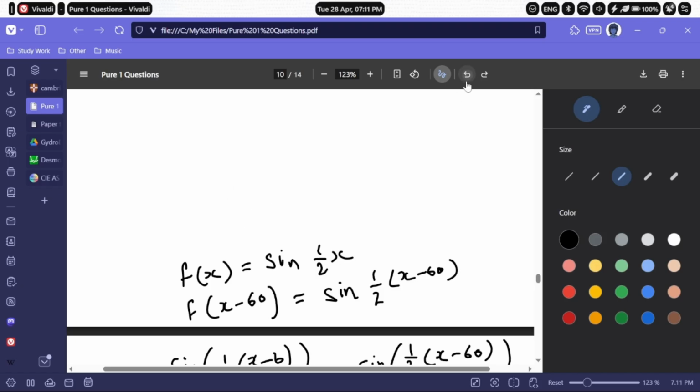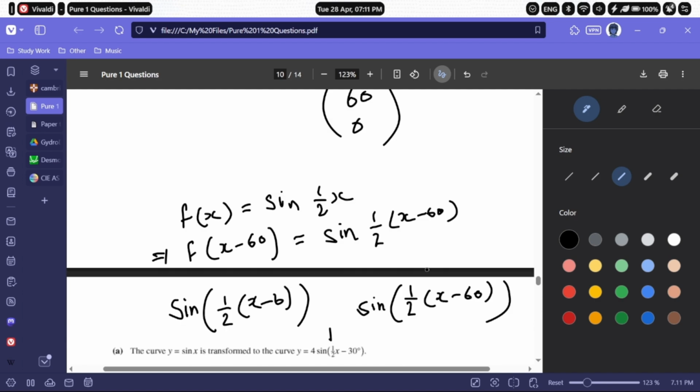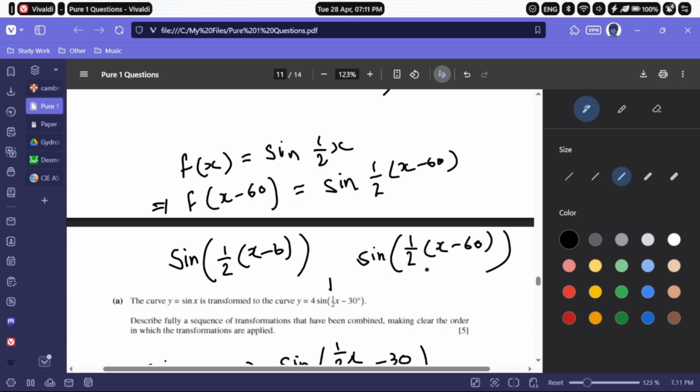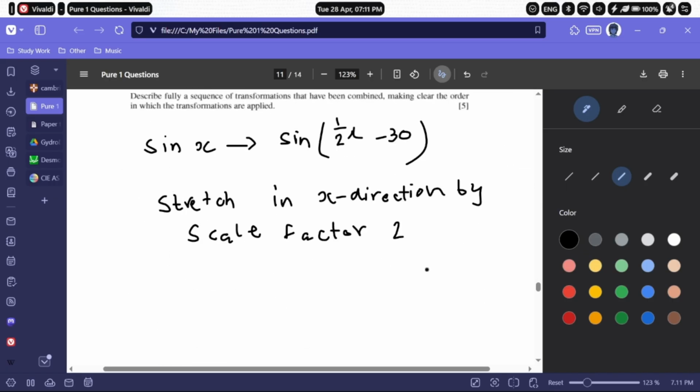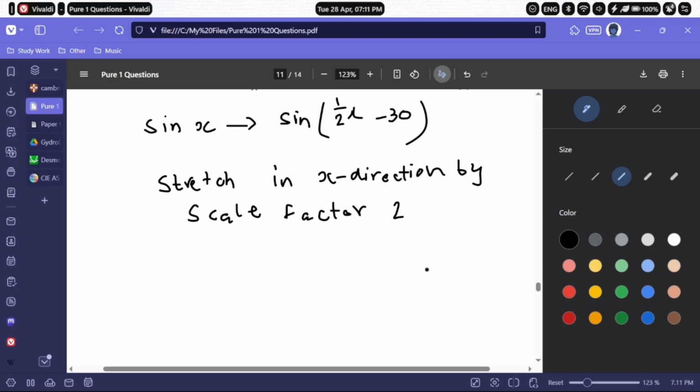When you cause a shift by 60 units, you're shifting it 60 units to the right. So whatever your x values are, they're getting shifted by 60 units to the right. Your new x values are basically x minus 60. So you do f of x minus 60, and that's how you end up getting this. So you shift it to the right by 60 degrees, and the stretch is by scale factor 2. So you do this, and after that you would do